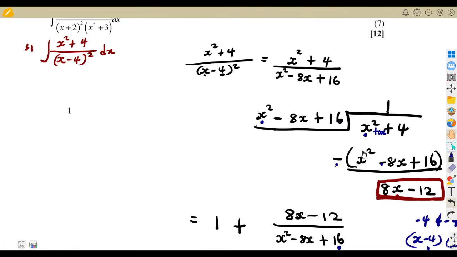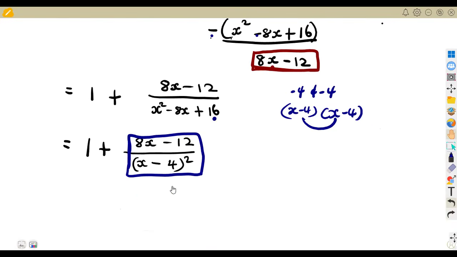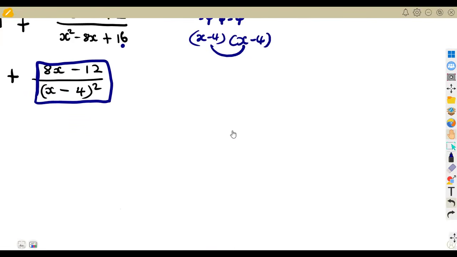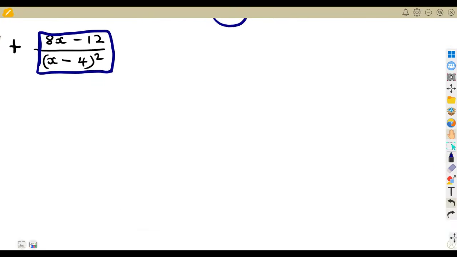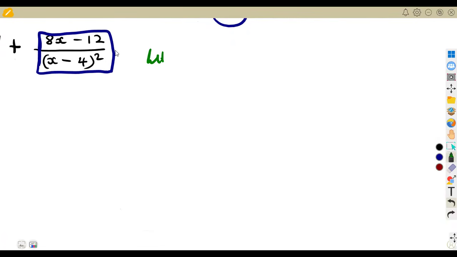After doing that, you are now focusing on the remainder to be expressed into partial fractions, which is this part of 8x - 12 over this. So let us express this into partial fractions. You're going to let 8x - 12 over (x - 4) squared,